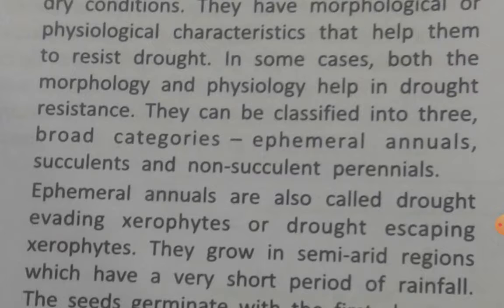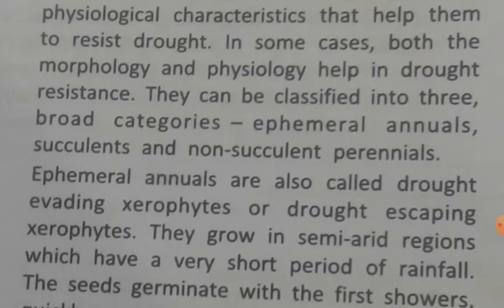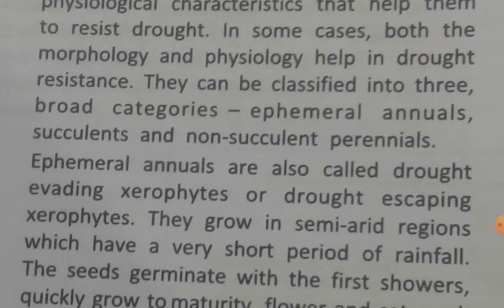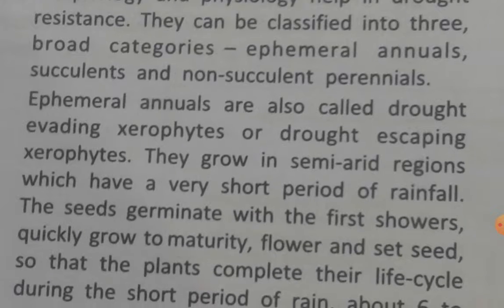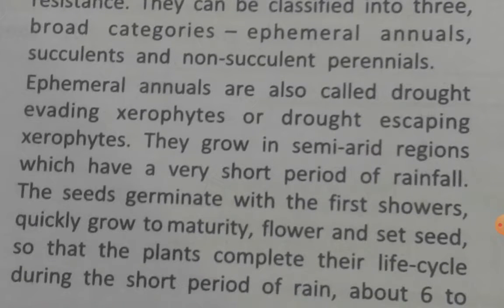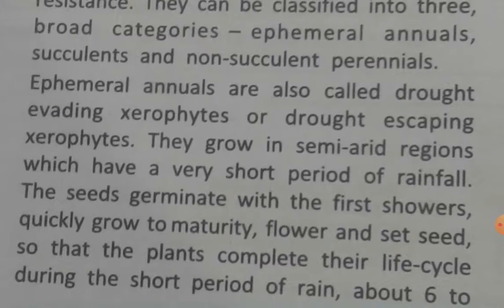ephemerals, succulents and the non-succulent perennials. Ephemerals are also called drought evading xerophytes or drought escaping xerophytes. They grow in semi-arid regions which have a very short period of rainfall. The seeds germinate with the first showers, quickly grow to maturity, flower and set seeds, so that the plant